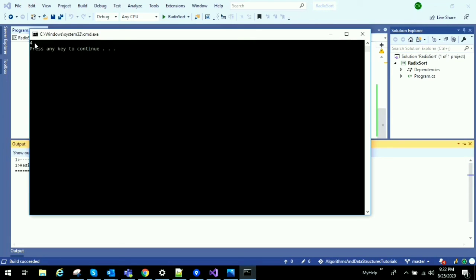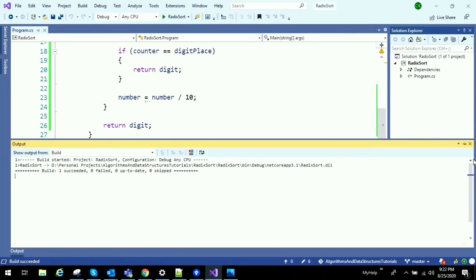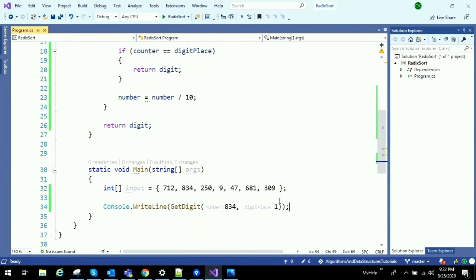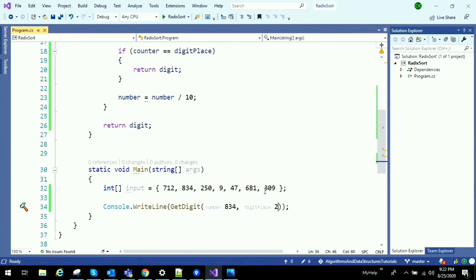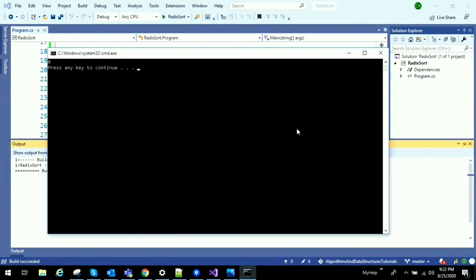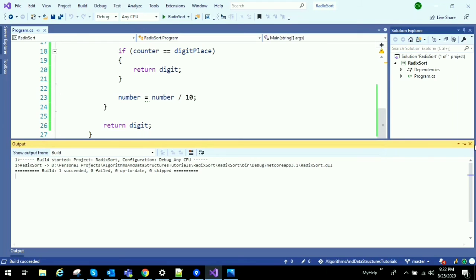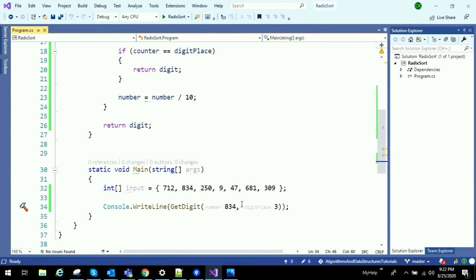Yes, it has given value 4. Let's see whether if we ask second digit, whether it is giving 3 or not. Yes, it is giving. If we ask for third digit, it should give 8. Right, whatever function we have written, it is working correctly.